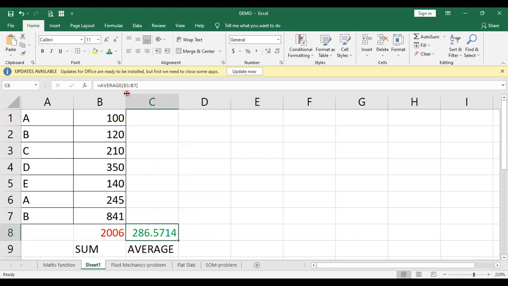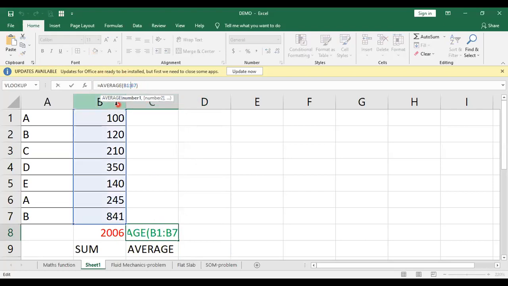If you go to this formula bar, you will be able to see what formula we have used here. So that's the average, and in parentheses, this is B1 to B7. Okay, so that can be done here.